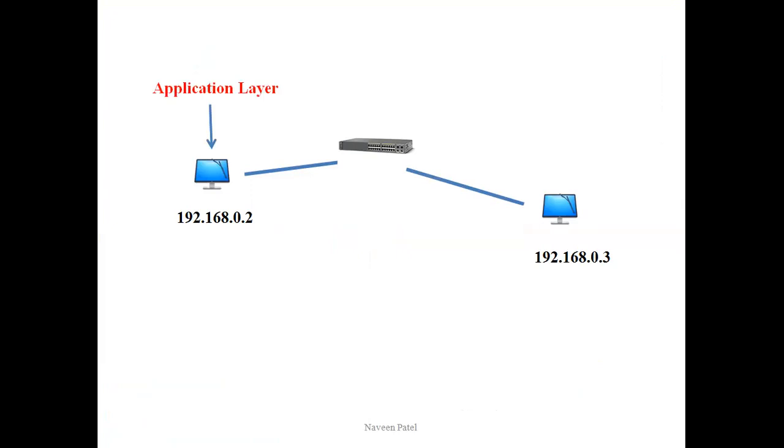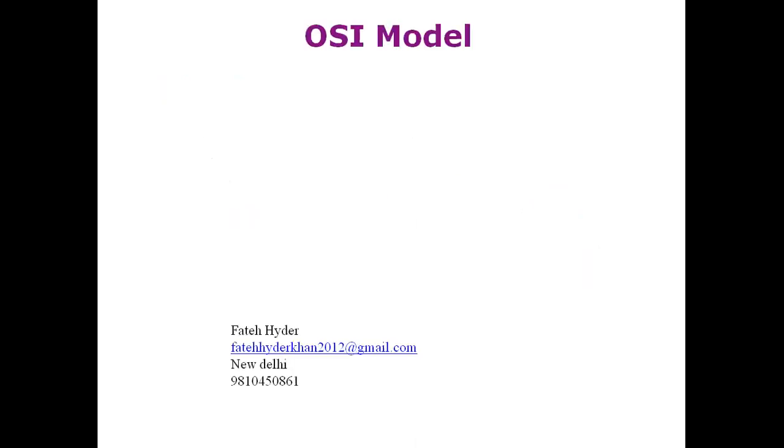Now the information which is added by your computer while sending data is source IP address, destination IP address, source MAC address, destination MAC address, source port address, and destination port address. But when your data comes into the cable, we can say that our data is in the physical layer. Hope you understand.